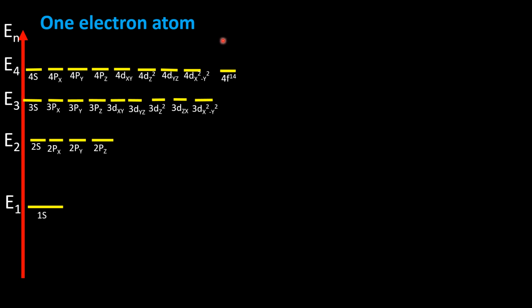This is the first energy level, in which we have the 1s state. In the second energy level we have the 2s and 2p states, that is 2px, 2py, and 2pz. In the third energy level we have the 3s, 3p's, and 3d's, and then the fourth level,